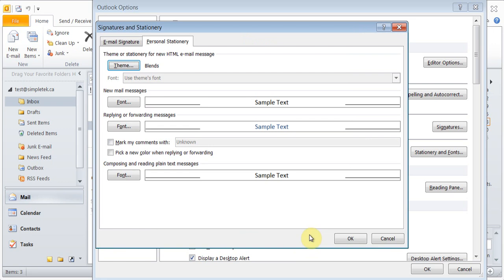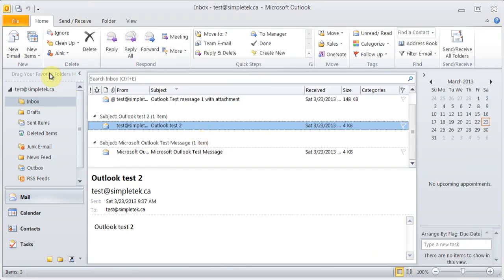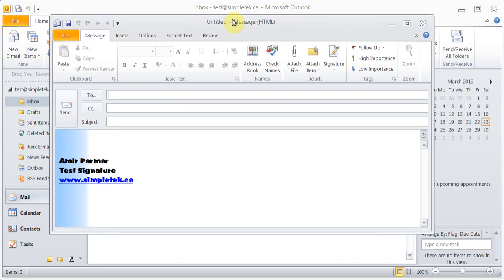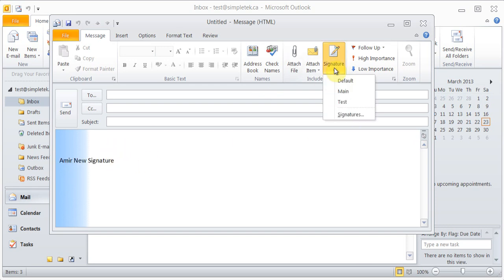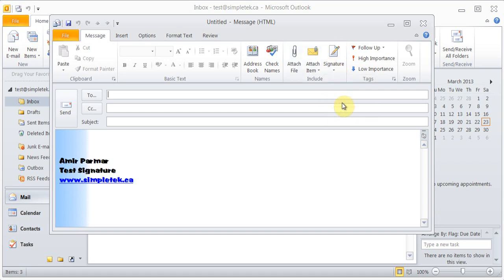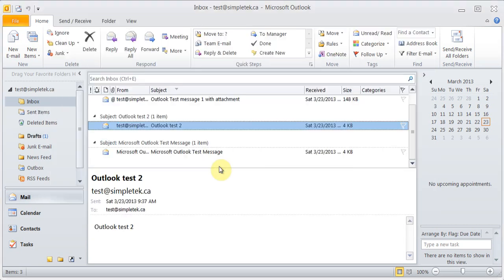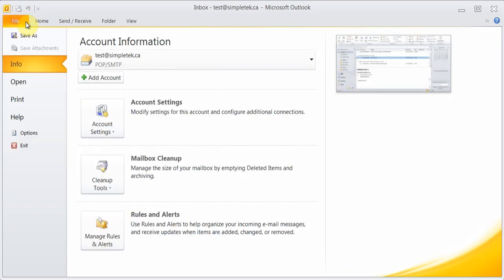If I use this, I click OK, and just to show you, I'm going to click OK again, and then OK, and I'm going to come to new email, and you see there it is, and there's my signature, and I can even change the signature from here to the main, or the default one. I don't need to save it. If I say yes to it, it will put it in the draft, so I can go back to edit it. I'll come back to File, Options,